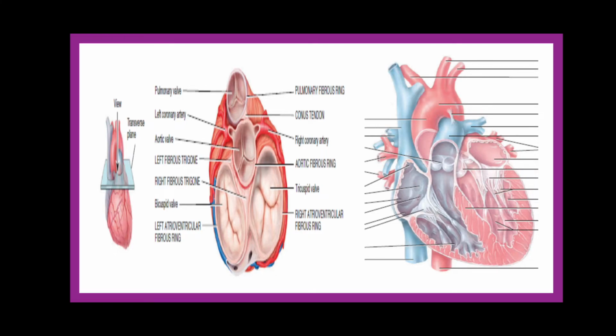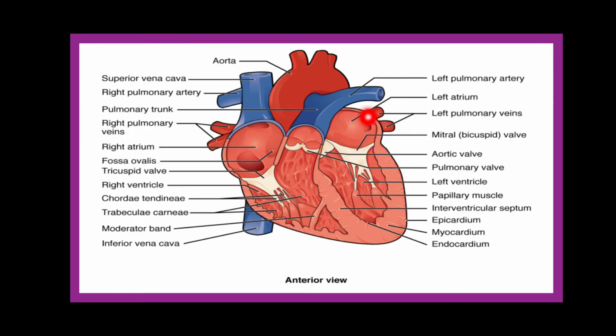Okay, then if you look into the next feature, coming towards the left atrium. लेफ्ट atrium अगर आप देखोगे तो जैसे कि right atrium में blood आता था, वैसे ही left atrium में भी blood आता है. Okay, so it comes from where? If you see in the structure, this is the left atrium, and this left atrium is receiving the blood from the lungs to the heart through the pulmonary veins, as you can see here.